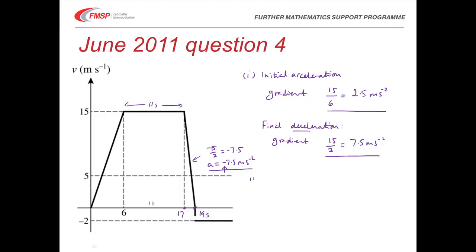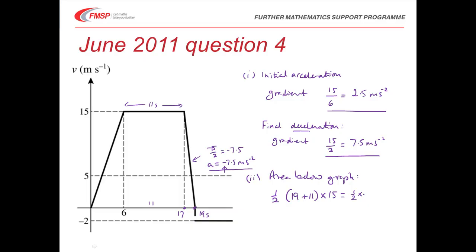And then for the second part, we want the area below the graph for the total distance travelled by the car. Now, it's a trapezium, and my immediate reaction to that was use the formula for a trapezium. It's half times the sum of the parallel sides, 19 seconds at the bottom and 11 seconds at the top, times the width between them, which is 15, which gave me a nice easy